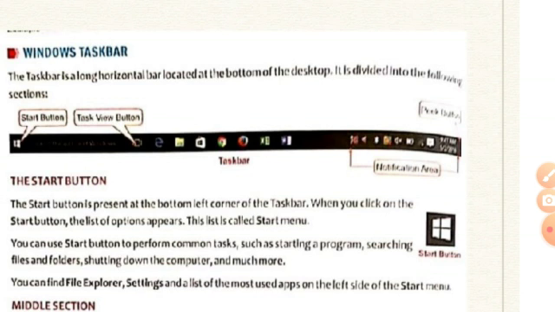If you click on this, it is used to minimize all the opened programs. For example, if you have opened 2-3 programs, MS Word, Paint, Turtle program, or any other file or folders, you can minimize them. If you don't want to see them open, you just want to see the first screen, that is the desktop, what do you have to do? You have to click on this peek button. It will not close the files or the opened programs. It will just minimize them, bring all the files down, and show you the desktop.